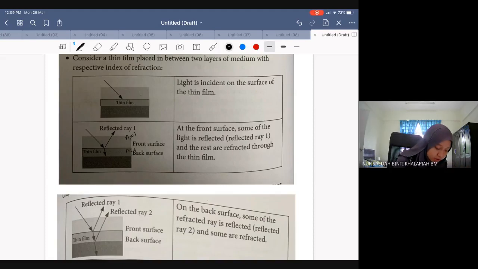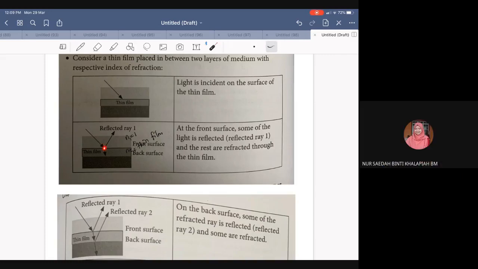So N2 kita adalah daripada thin film lah, thin film dekat bahagian atas. Okay, so dekat bahagian upper surface of thin film, so bila ada incident ray, some of the light is reflected back through air and some of light will be refracted, pembiasan kan, masuk dalam